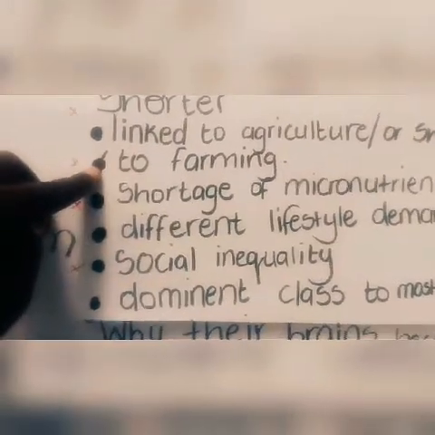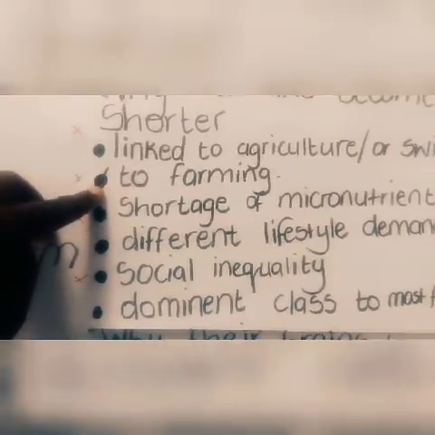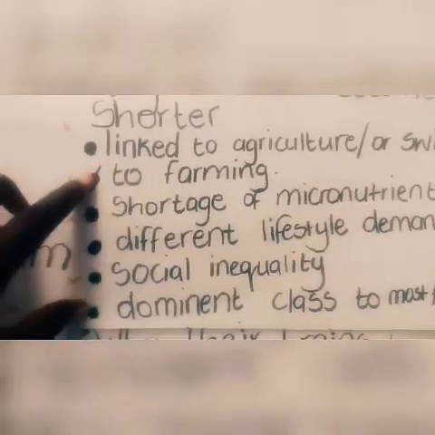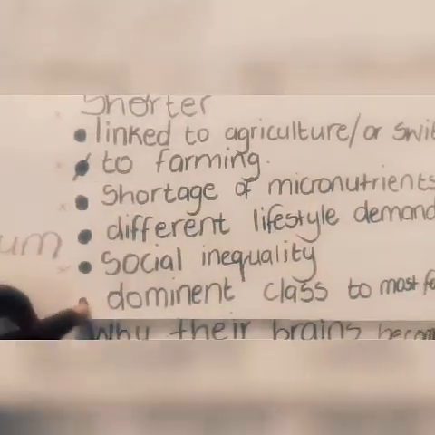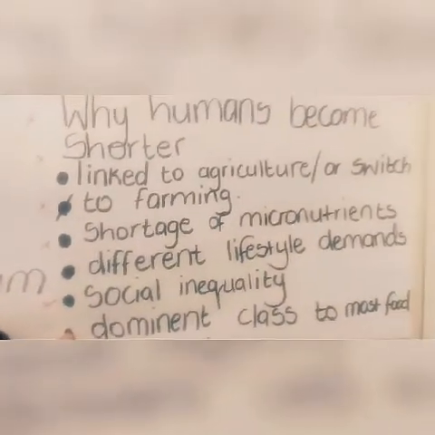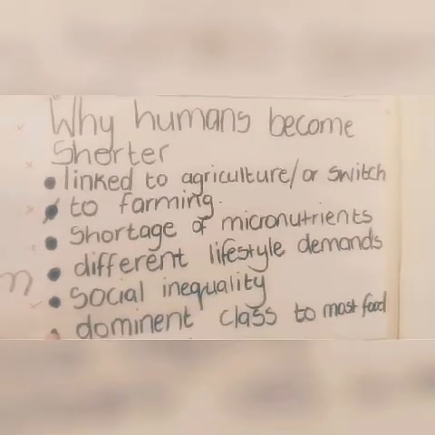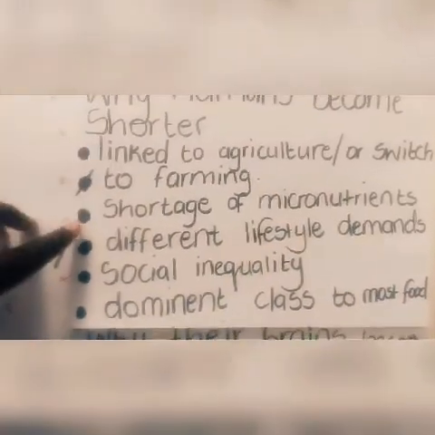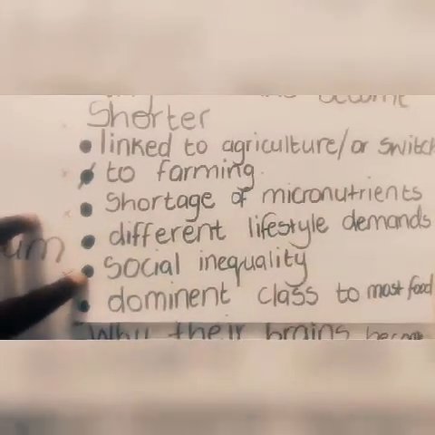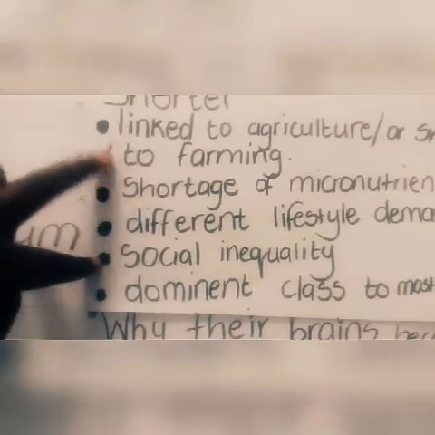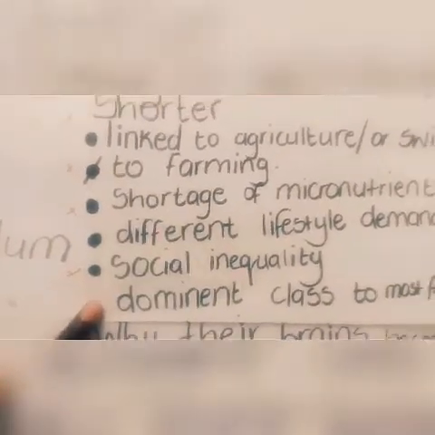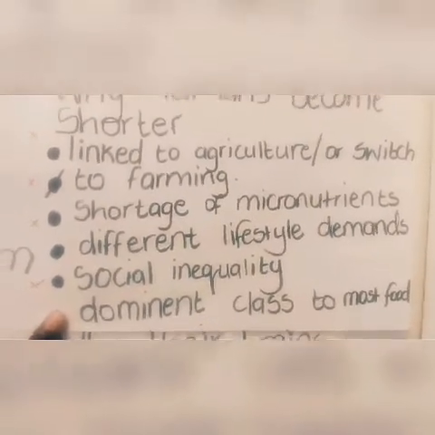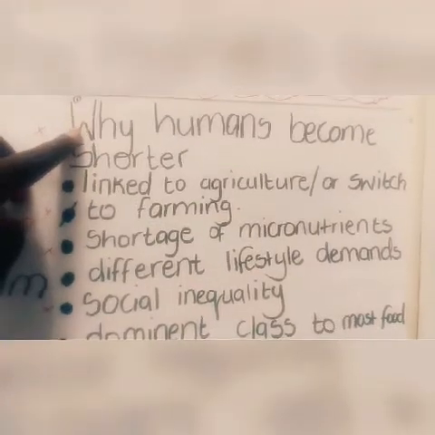So I've deleted this bullet, and in my mind I have to know that I'm supposed to put 5 points. I did not forget. I had to replace it, but I made sure that I replaced it at the correct place. Why humans become shorter? My first point, my second point, my third point, my fourth point, but I know I have deleted this one, so I brought it down here so that I have my 5 points. Are we together there? I put it under this heading because that is where it falls.